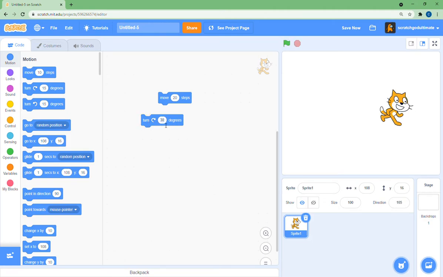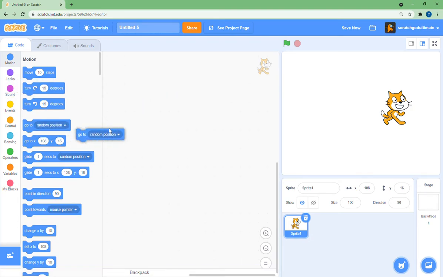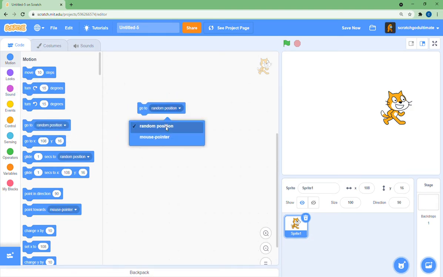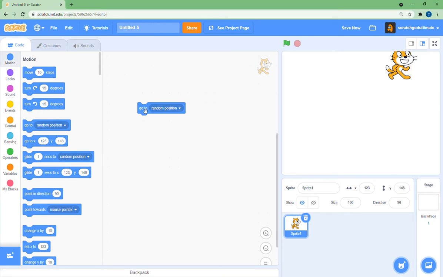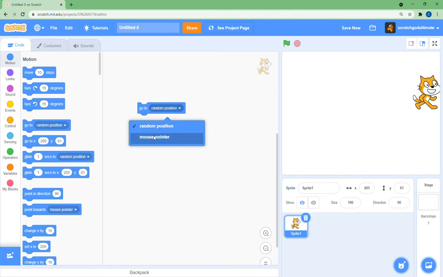Okay, so if you put that back, now we have the character straight, and now we'll put go to random position. Now you have two choices: you can put either go to random position or mouse pointer. If we click on go to random position, the sprite goes to a random position. I'll just show it to you once again. Yes, as you can see. And if you put it to mouse pointer,